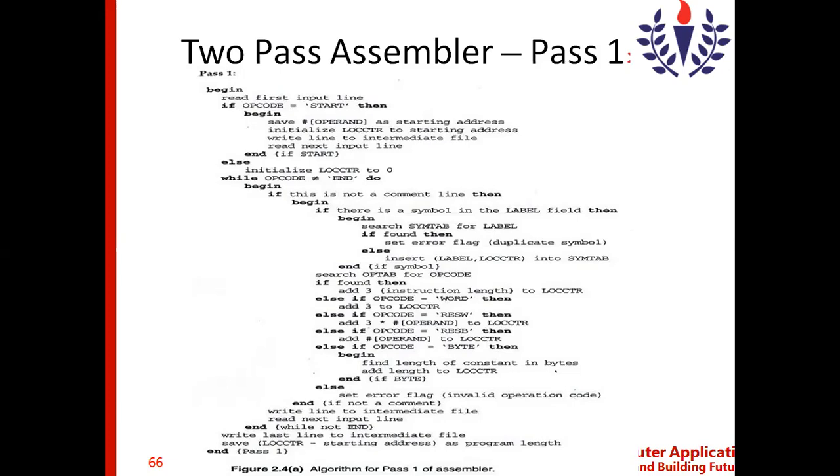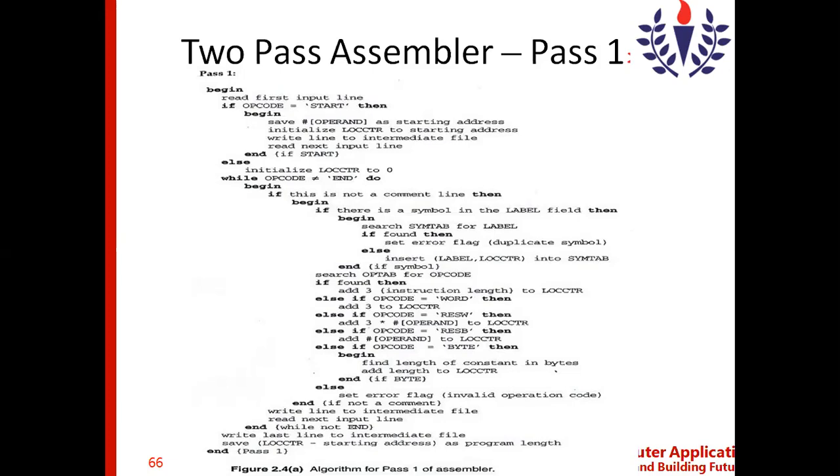As we saw in the assembly language program, in the first line itself we could make out that the program is starting with the opcode start. Okay. So if we have the opcode as start, then the assembler will be saving hash operand. Hash operand is nothing but the value of the operand.